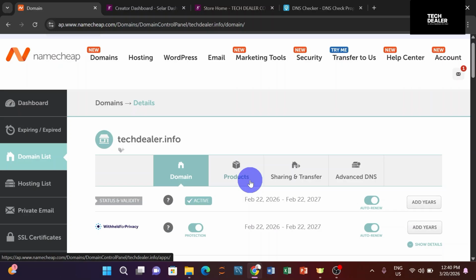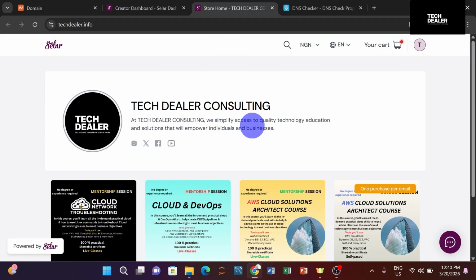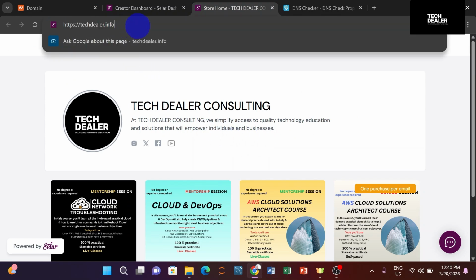Now, today we're going to be looking at how we can map our domain name to a DNS server. The DNS server we're going to use for this lesson is that of Selar. So if you come to my Selar page here, you can see that this is my Selar page, and if you come to the URL here, you can see that this is my URL, the URL that I